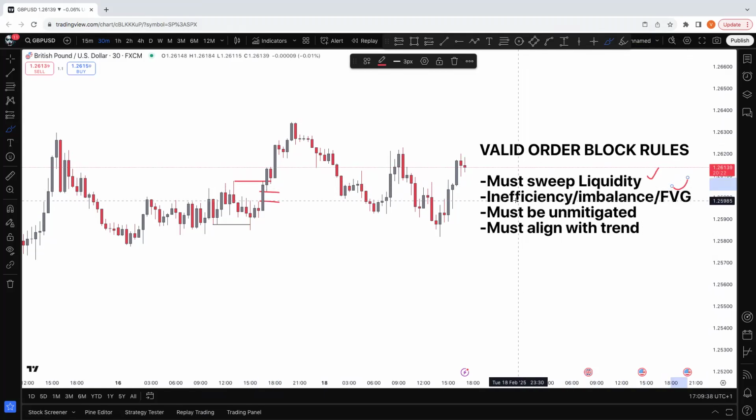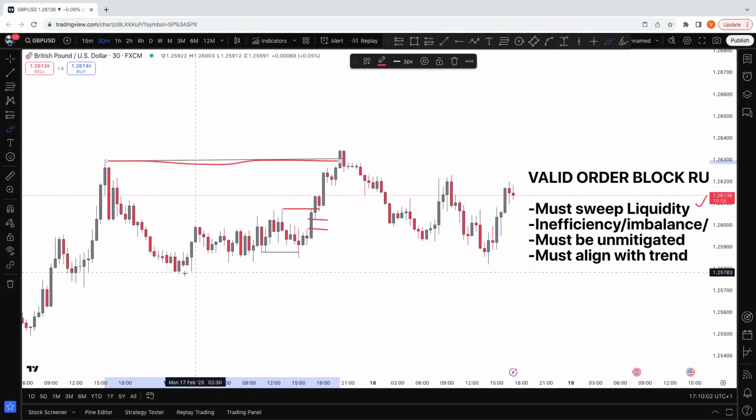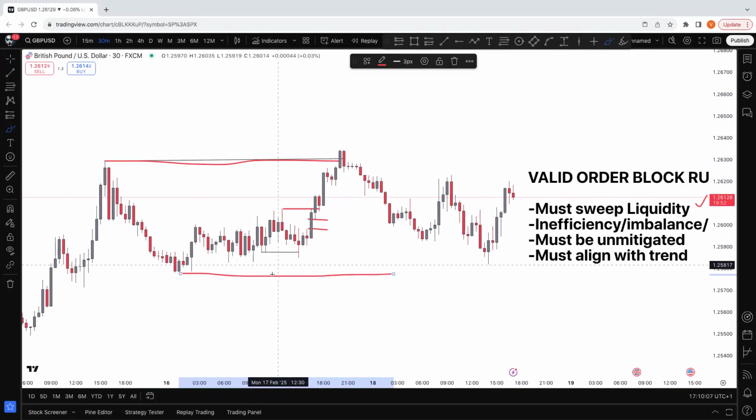Now, talking about inefficiency. Price inefficiency doesn't necessarily mean order block. Price inefficiency can refer to a swing inefficiency as well. For example, look at this. This is a new swing structure. Price just took out a higher high to give us a new higher high. So between this higher high that was taken right here and this higher low that was responsible for this break of structure,